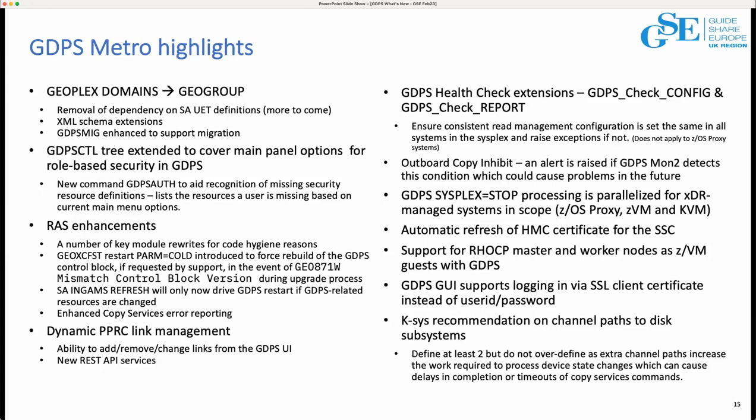I found out the other day that although we declared this was a 4.5 item, it may not be fully out there yet, but the GDPS Sysplex stop processing is intended to be parallelized for your XDR managed systems, as well as with your z/OS systems. So when you're stopping a site, if that site includes XDR managed systems, they should all be stopping in parallel rather